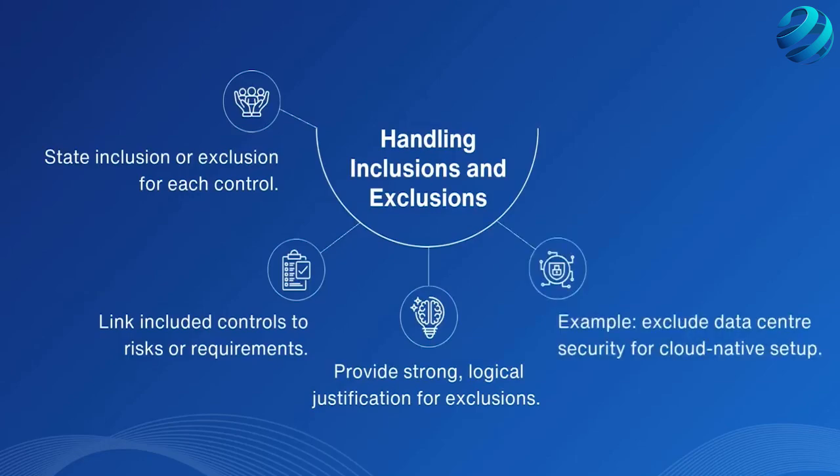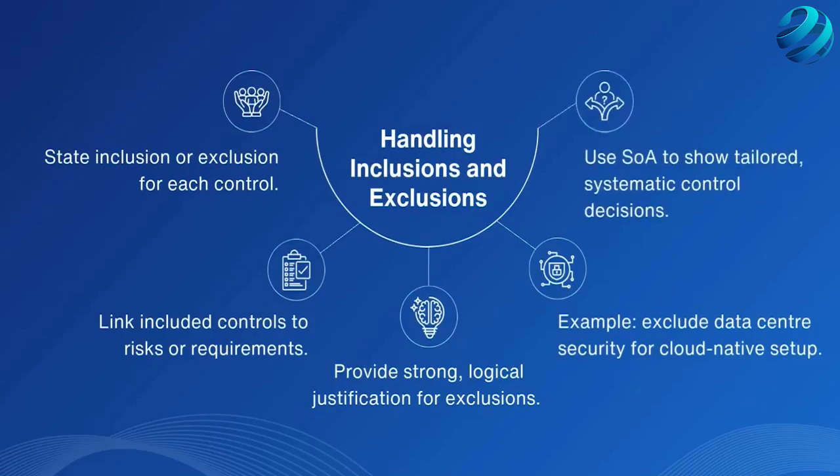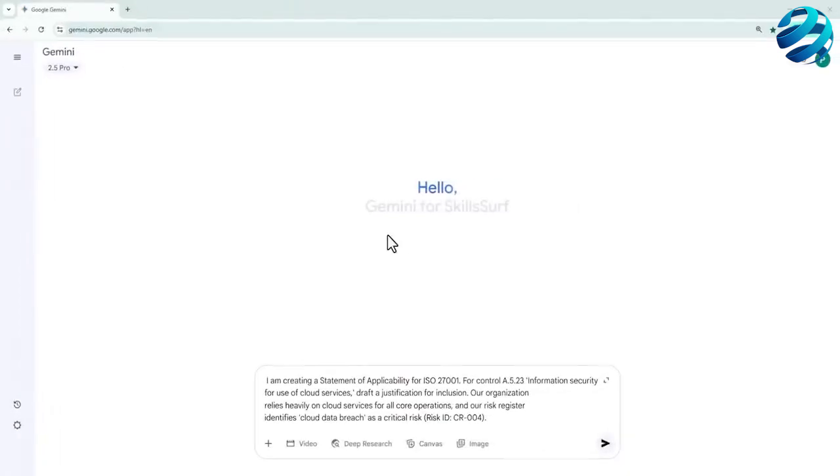For example, a fully cloud-native company could justifiably exclude controls related to physical data center security. A weak justification, however, such as "it's too expensive," will not pass an audit. The SOA is the definitive document that demonstrates you have thoughtfully and systematically tailored the framework to your specific organizational context. Let's make the concept of the statement of applicability concrete by using an AI assistant to help us draft